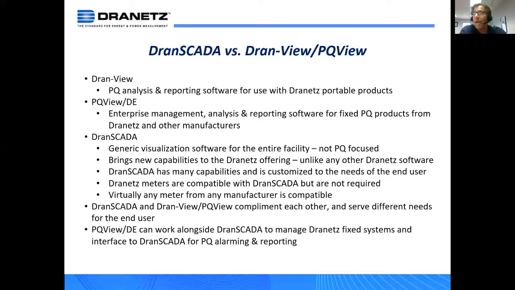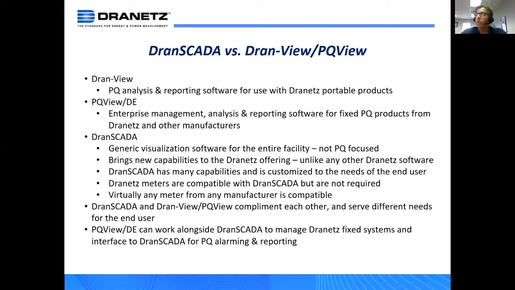They can work alongside each other. They serve different end user needs. So we have systems out there with PQView and PQView-D working alongside DranSCADA. The DranSCADA software manages the monitoring system and works back and forth and sends notifications to DranSCADA for alarming